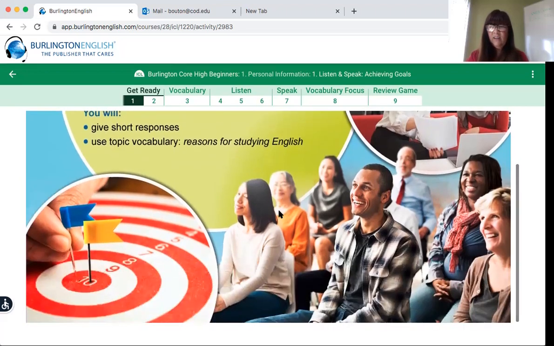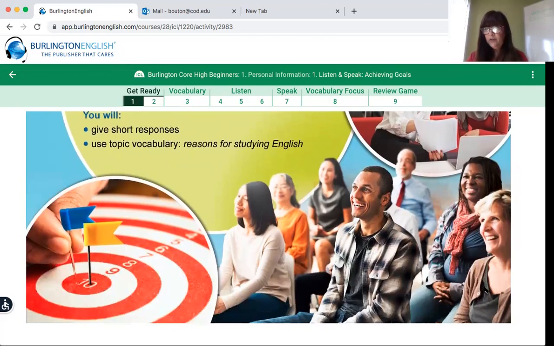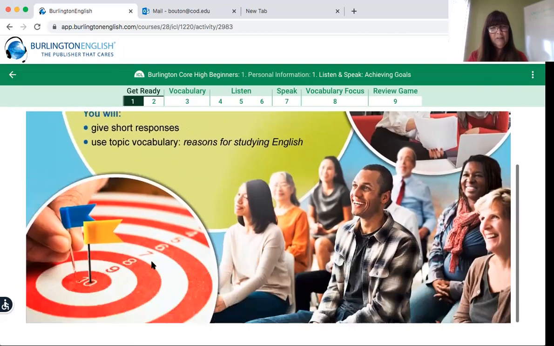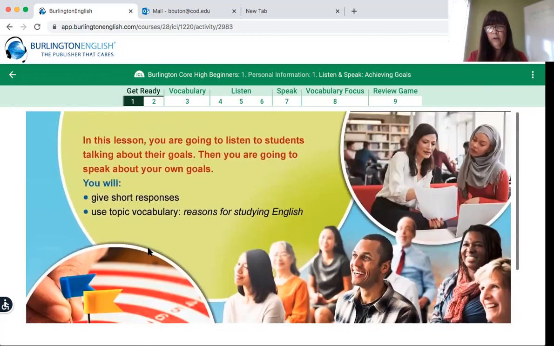So you have to kind of scroll again to see the whole picture. I'm gonna move myself out of the way there. Okay, but you can see these are students. This is a little like a bullseye. It's interesting, like where do you want to go? What do you want to do? Here it looks like a student talking maybe with a teacher or an advisor.